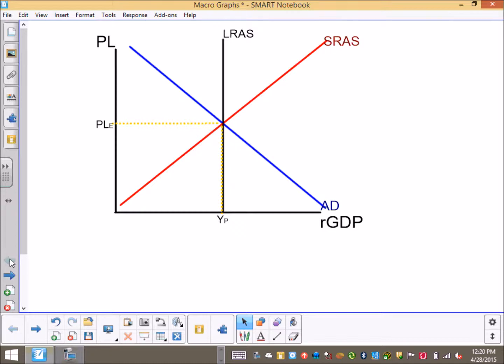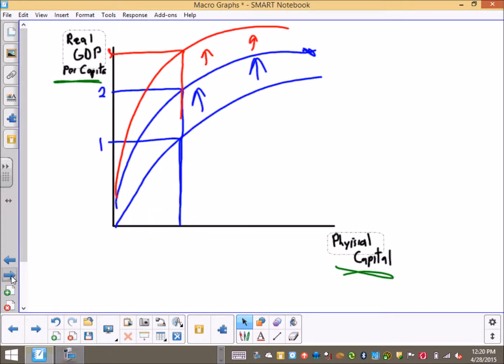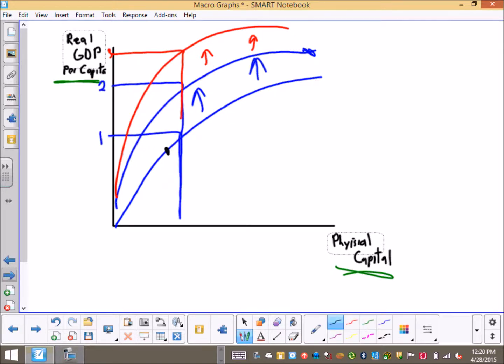Now, investment spending can move that capital goods up when we go back to here. So we say investment spending moves you from point here to point here because it can buy more capital goods. It can move long-run aggregate supply, but eventually that extra investment spending on capital goods will taper off. So it's not a good long-run approach, but it can shift it a little bit. And we also want to make sure we cover developing countries.